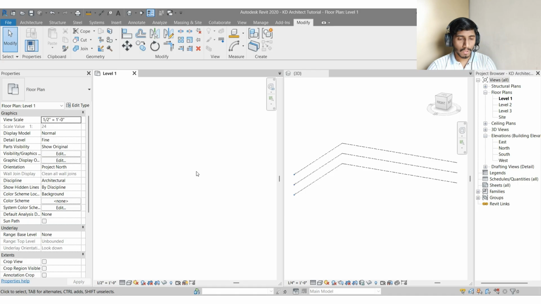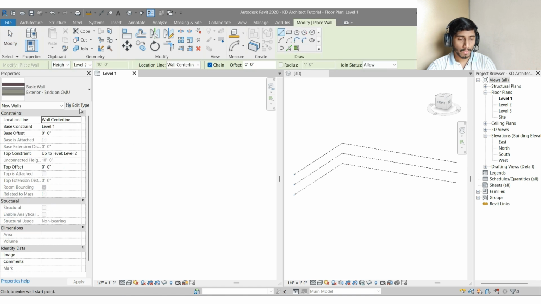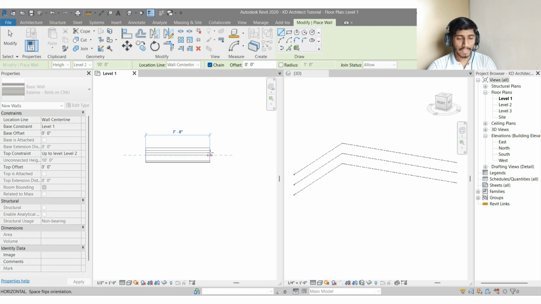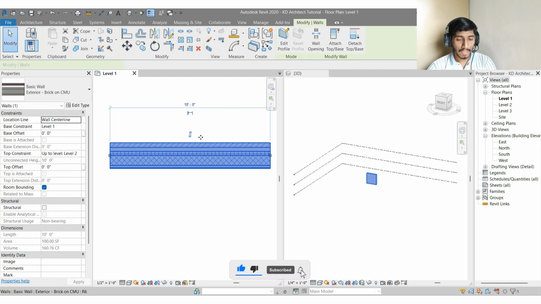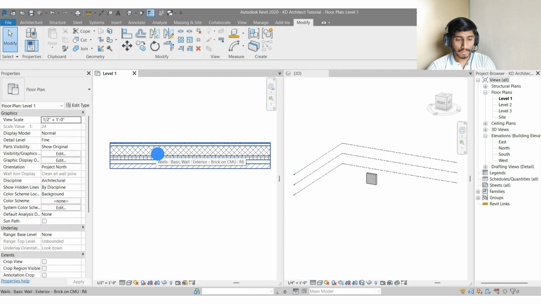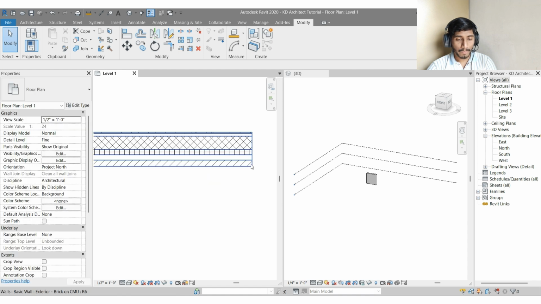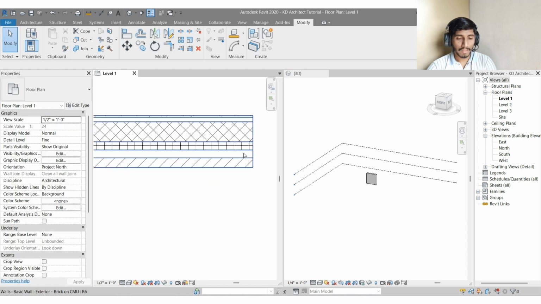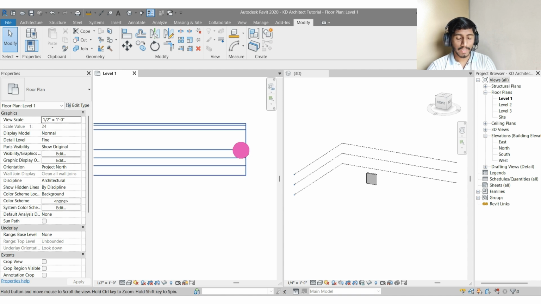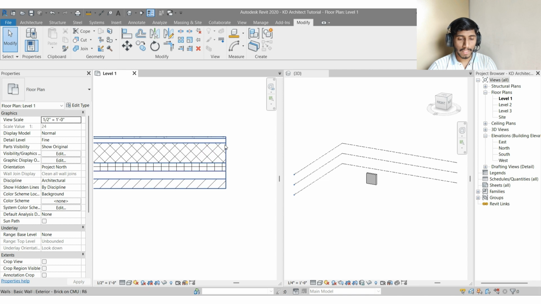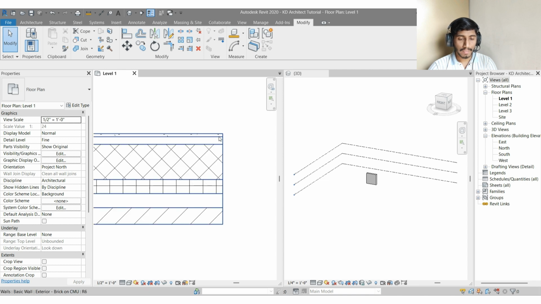First of all, we'll create one wall. For the wall, we are using the WA command, and we'll use the exterior brick on CMU wall. We'll create a wall of 10 feet, and let me flip this wall. Now, as you can see in the wall, we have the brick layer, then an air gap, and then insulation. Then we have the CMU wall part, and then again our gypsum